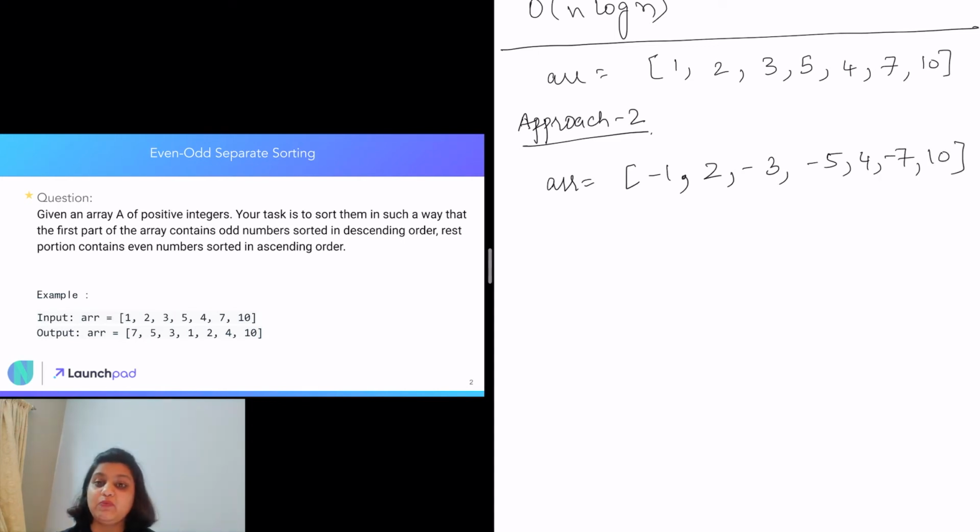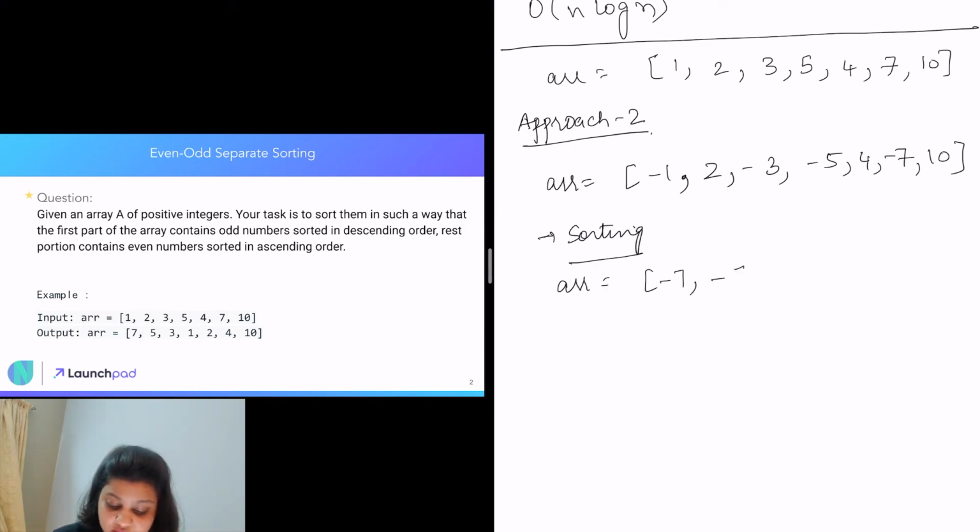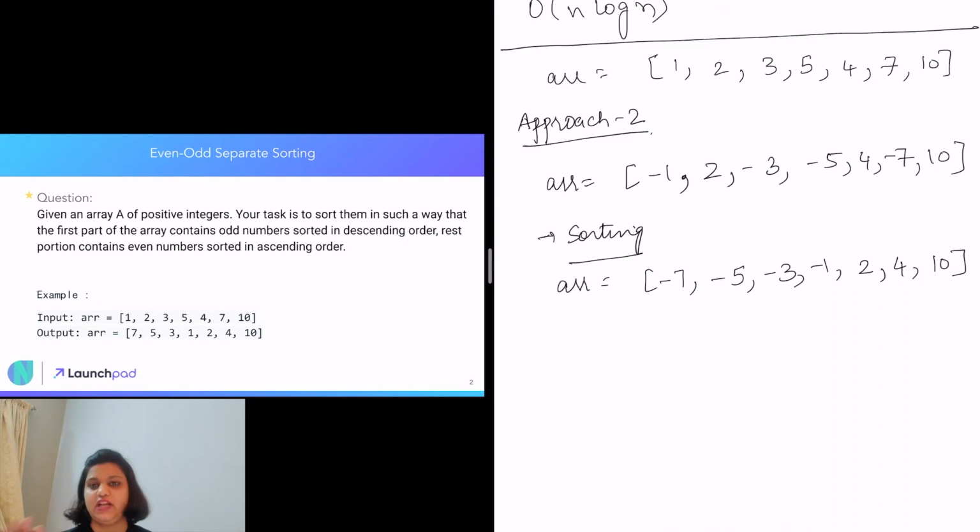And then we are going to just sort this array. After sorting, our array will become -7, -5, -3, -1, 2, 4, 10. And then after we have sorted the array, we will again go through the same array, and anytime we come across a negative number or an odd number, in this case it's our choice, we can do the comparison on either.